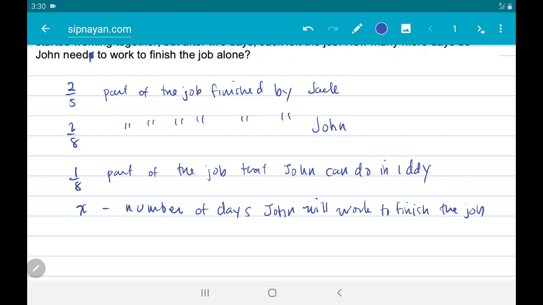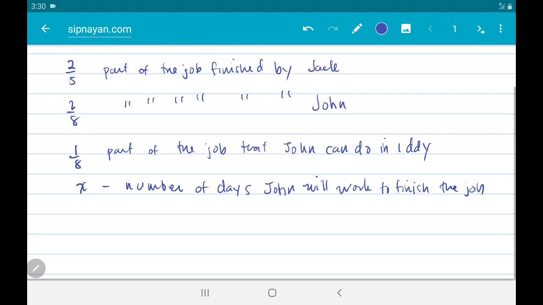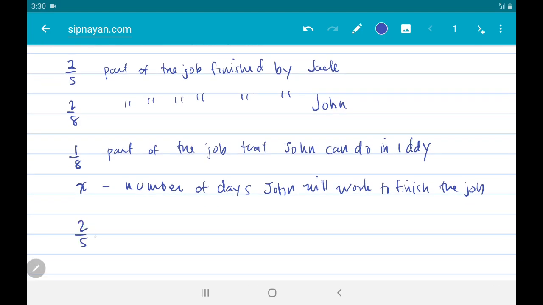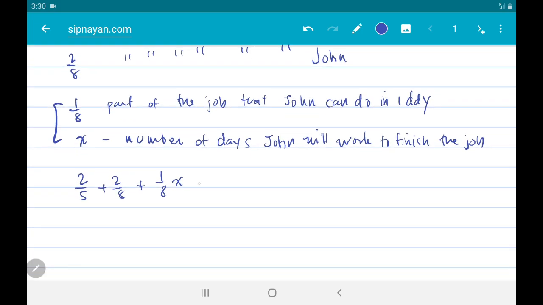So, syempre, yung natapos na nilang trabaho, i-add natin yan. So, 2/5 plus 2/8. And then, i-add natin dun sa number of days, so, sa work na magagawa pa ni John alone. So, 1/8 yung kanyang rate per day. Tapos yung X ay kung ilang araw niyang tatapusin yung trabaho. So, this is equal to 1,